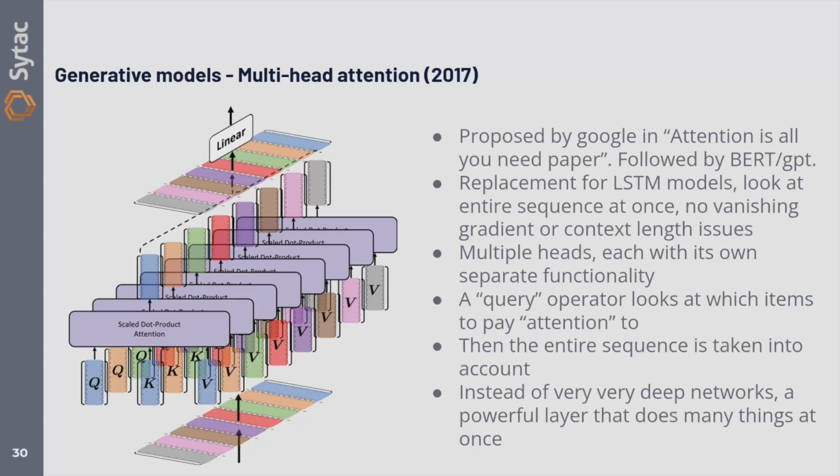And that also turns out to be a very good solution, because a lot of the tricks and numerical instabilities that you have with super deep models also go a little bit away with transformers, because they don't tend to go super deep. You might have 5 layers or 10 layers. Some computer vision models can easily have 120 layers. So you have less deep models, but each layer can do a lot more and can look at the entire sequence at once. And that's the core innovation that the transformer had.